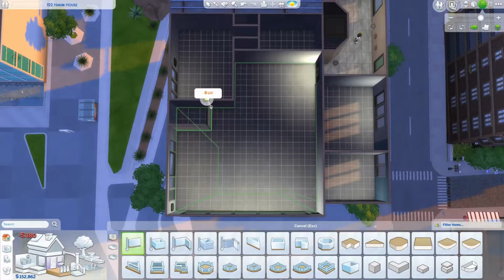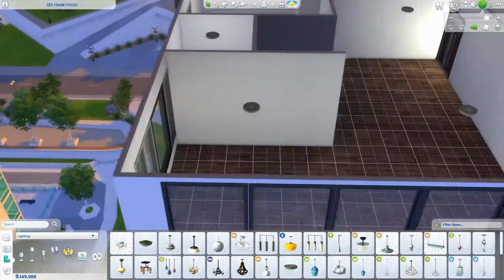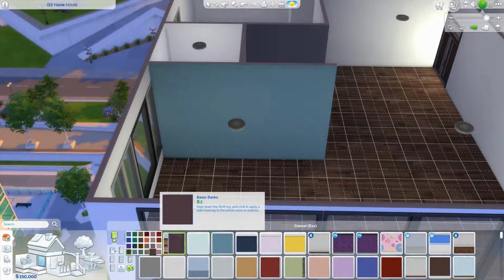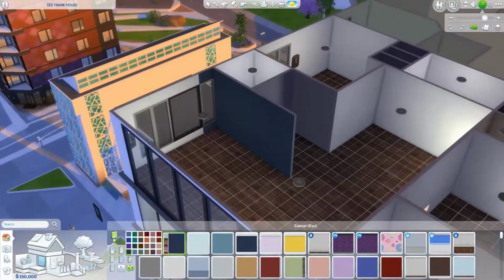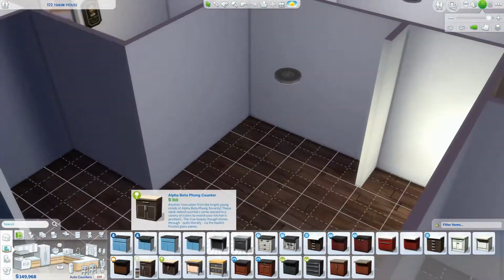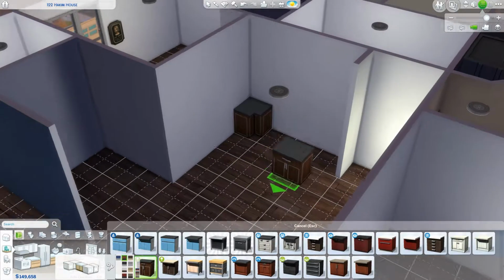It's Tamitou here. Today we are furnishing an apartment, and it's in the arts quarter this time. So we are back in the city. Woo. It's been a hot minute since I furnished an apartment, for a video anyway. I've done it in my own time, but it's been a while, so I wanted to go back